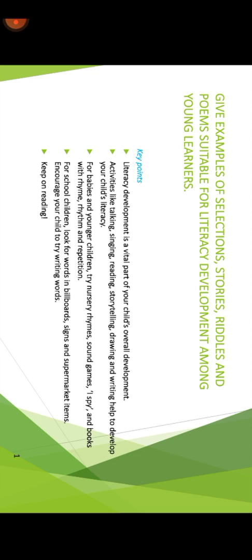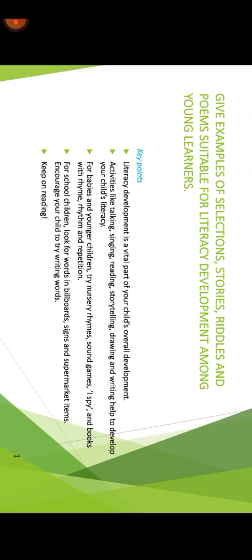Playing I spy, and books with rhyme. Simply reading books with rhyme, rhythm and repetition helps our babies and younger children to develop literacy skills. And also for school children, when we say school children, this age is from 6 to 12, so it is in the primary